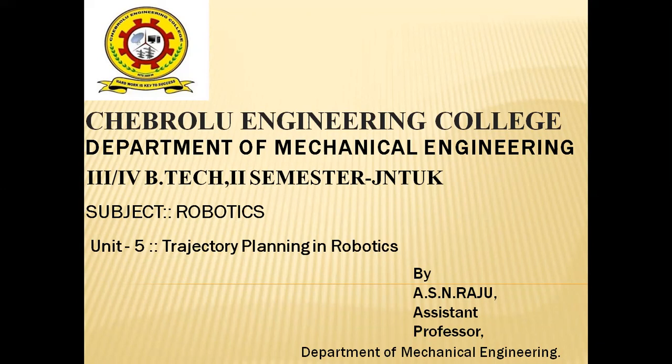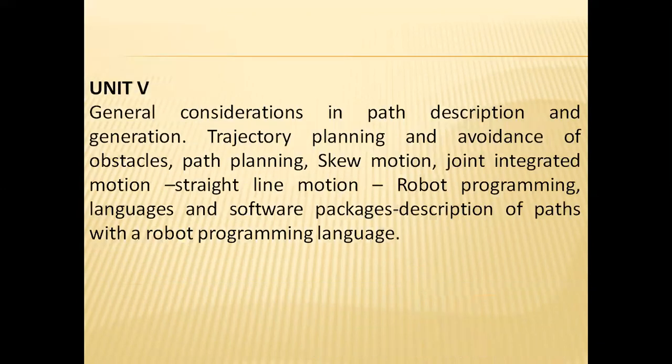In unit number 5, trajectory planning and its consequences will be discussed in today's class. Initially, with respect to unit number 5, we have the general considerations to discuss regarding the path description. Nothing but the robot that is traveling in a prescribed motion, or else the trace that is taking place involves n number of